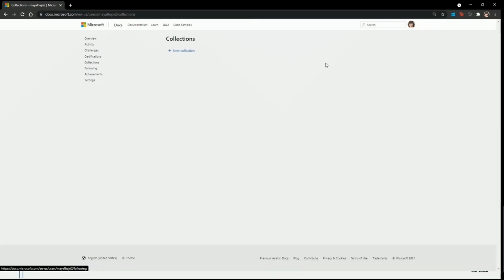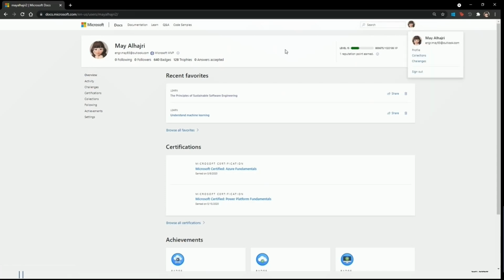The collections, it's up to you. For example, here I have it as favorites. Maybe you want to have your collections based on the month. Like this month, I'm going to learn about Power Apps, so build your collection and add whatever we have on Microsoft Learn courses under this collection. So it will be much easier for you to go every month and learn whatever you added to your collections. So this is what I have for today, but let me go back and check if I missed anything